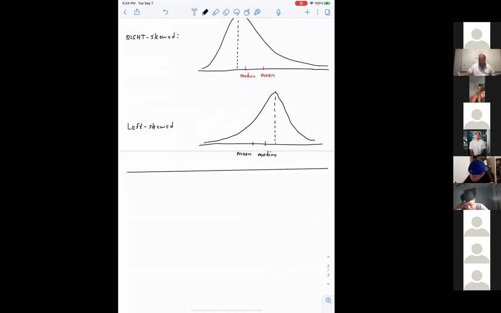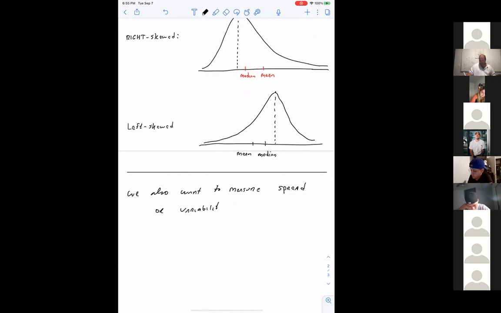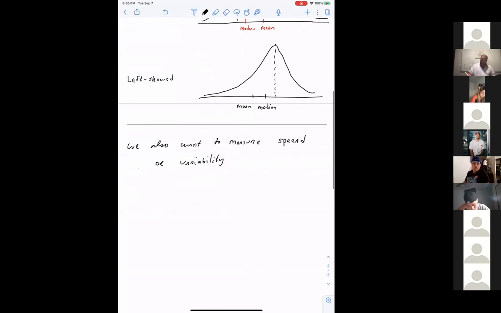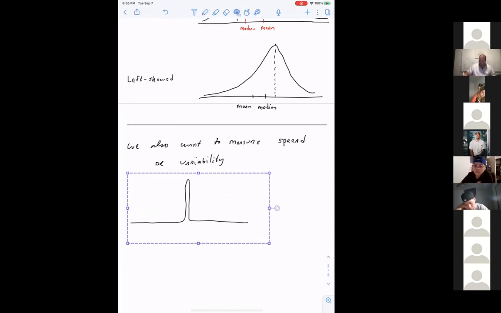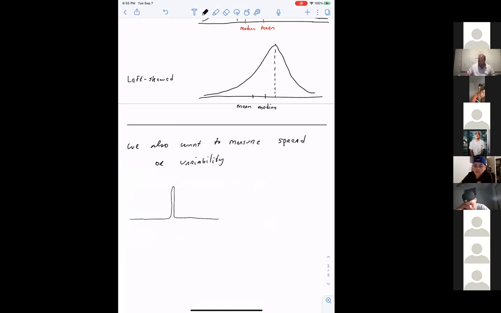But measuring center is not enough. We also want to measure spread or variability. I can draw two distributions that have the same center, right? Think of the following distribution versus, that's bad. Okay, let me do this again. So that one is good, versus